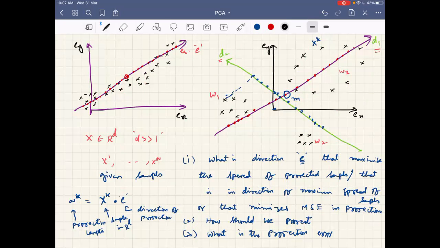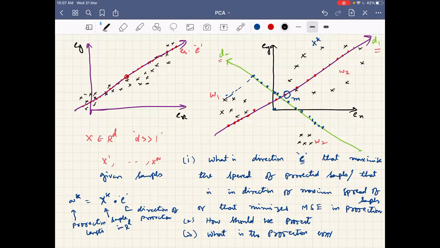Yeah. So because we want to capture the variation of the data, you project onto the direction wherein the variation of the data is there, or the spread of the data is there. The direction which captures the maximum spread of the data. Okay. So what you can capture is, even through single dimensional projections, you can capture most of the variations of the higher dimensional samples. That's what we discussed. But how to mathematically arrive at that?